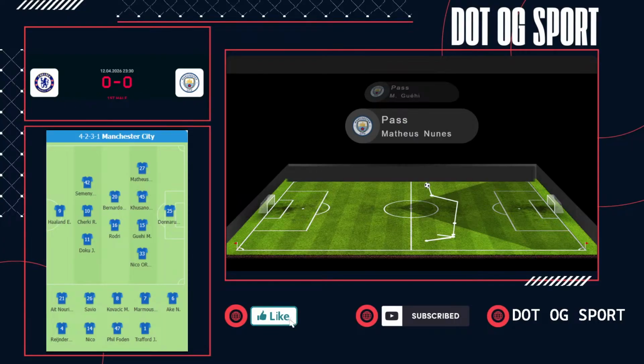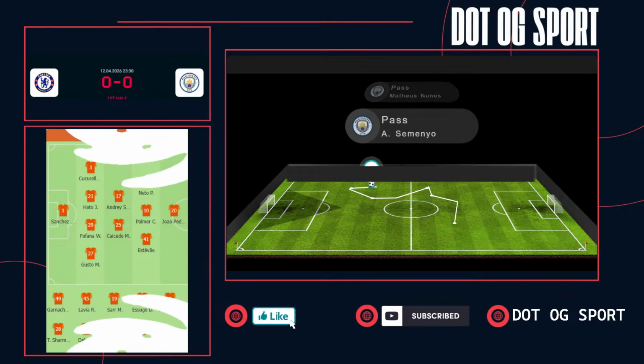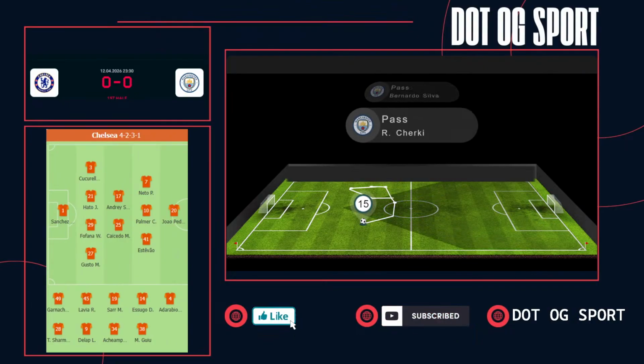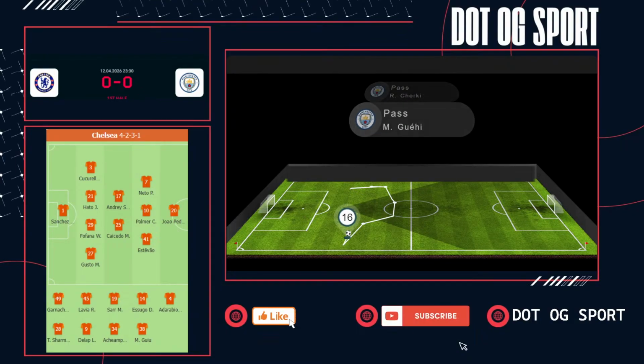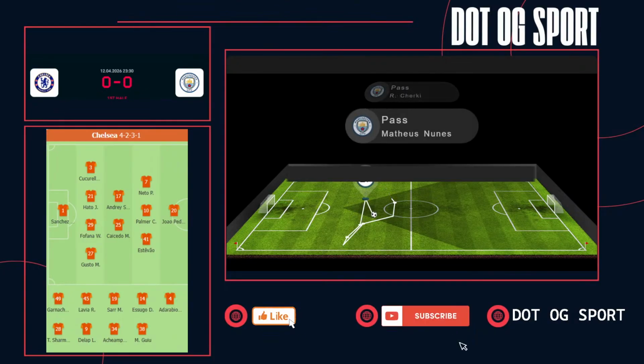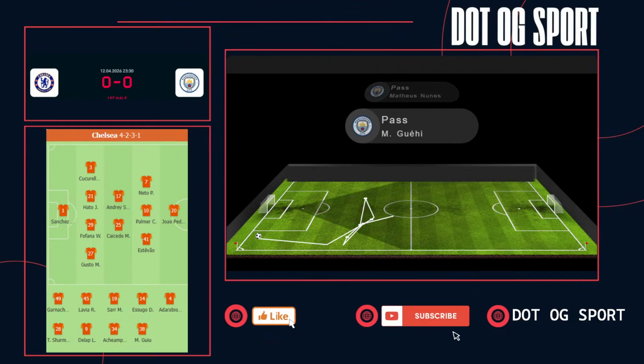Cucurella with the throw, and Cucurella goes back infield, and it is now gathered by Hato. And Hato back in field, and even the crowd's a little bit subdued in this one. Hato goes back in field towards Fofana, and then it is Chelsea who have the ball again through Fofana. Fofana on the right hand side, and now it's gathered by Andre Santos, but here comes Nico O'Reilly, who's picked